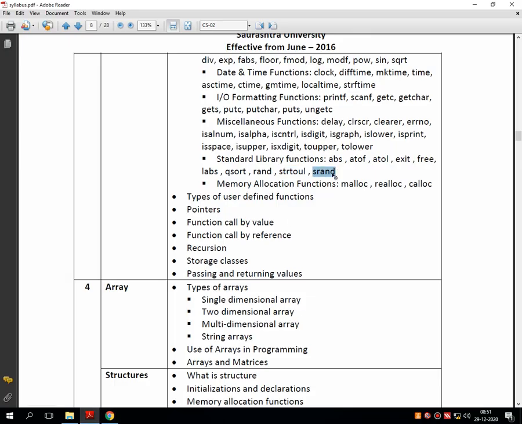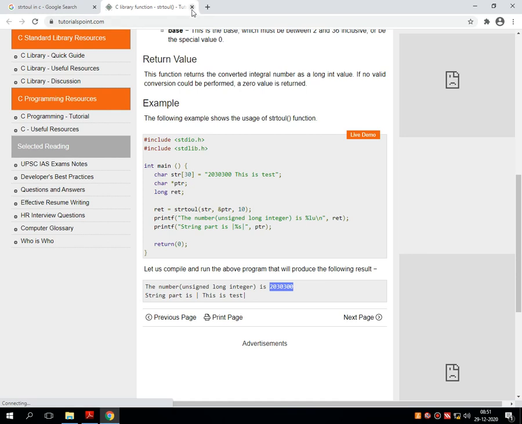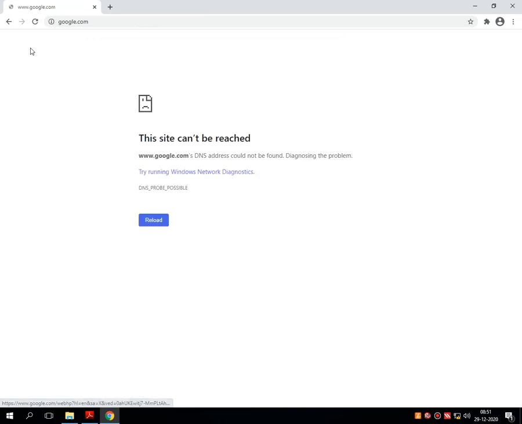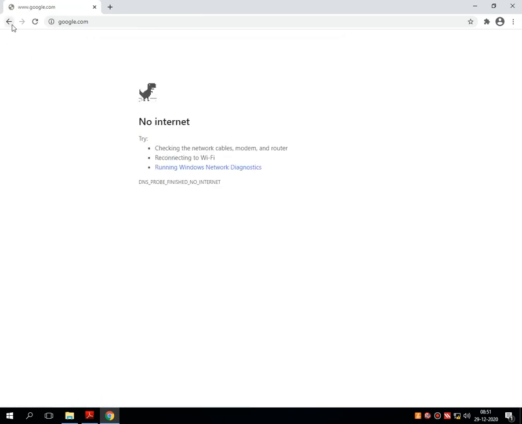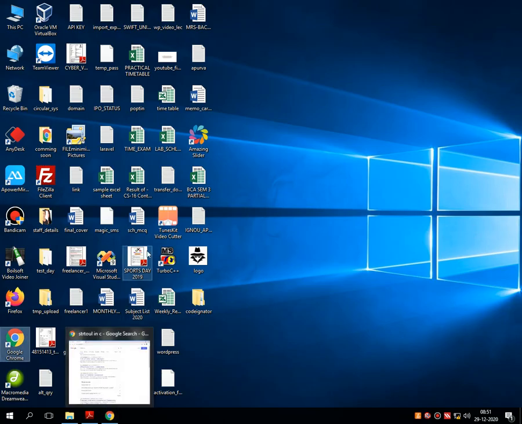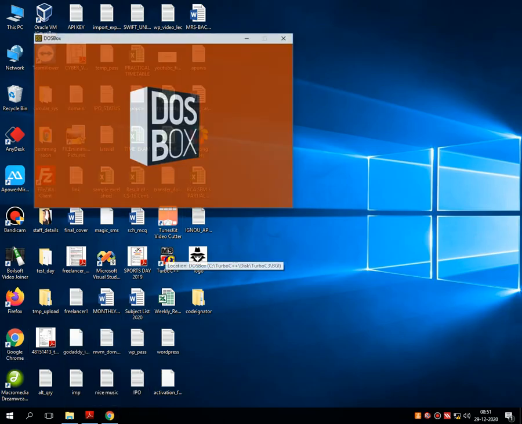And the last one is srandom. Let's see the functionality of srandom.